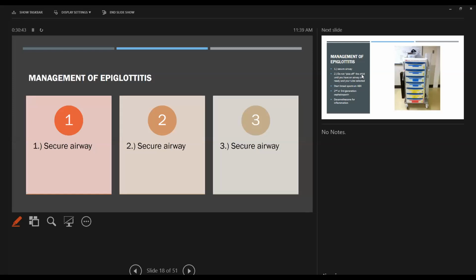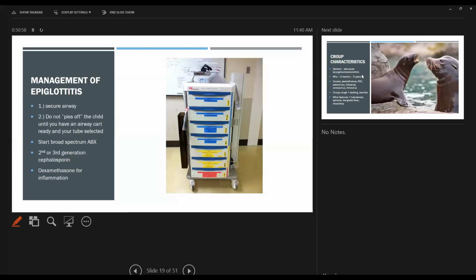So the management of epiglottitis is one, we need to secure the airway. Okay, second, we definitely need to secure the airway. And third, we should probably secure their airway. All right. So if you think you have an epiglottitis patient in the room, do not examine that child until